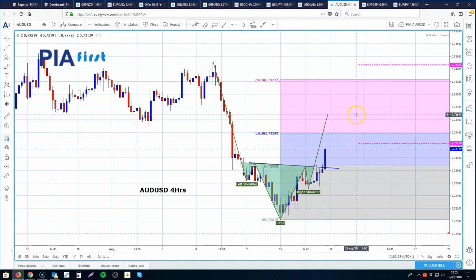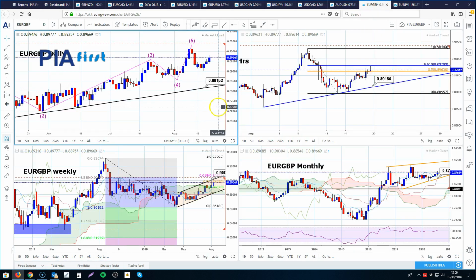The measured move target for the head and shoulders breakout is at 73.68, and then 74.46 is overextending this 261.8% extension level. So going into next week, we'd only really look to buy into dips for a move again to the upside. Euro sterling,